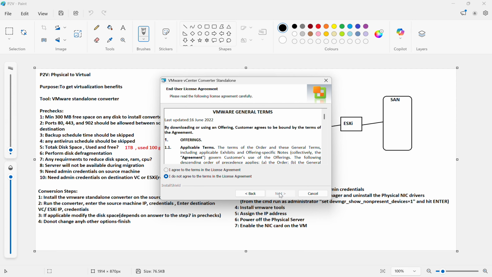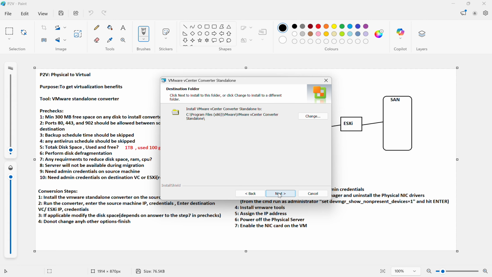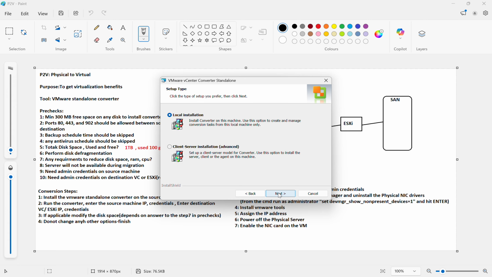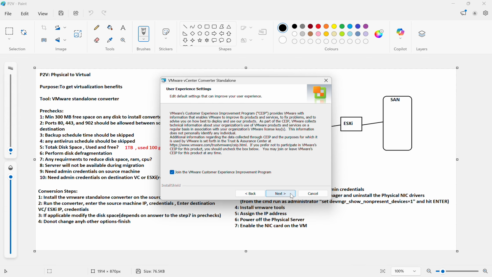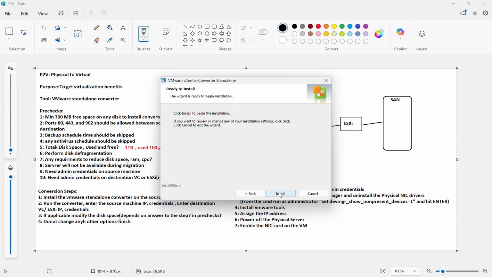Next, agree, next, next, local installation. So wherever you want, you can do a client-server installation or local. If you want to convert a machine from here, installing here and converting a remote system, you can also do physical to virtual, but that machine should be in the same network and accessible. So I'll install on this local machine. I don't want to join the VMware customer experience program. Install,